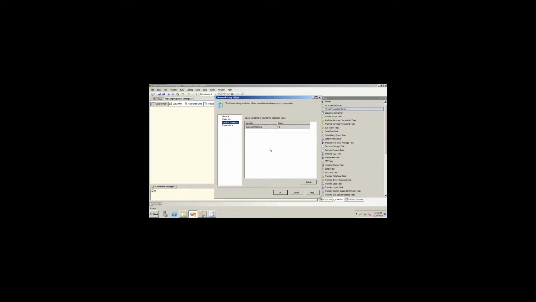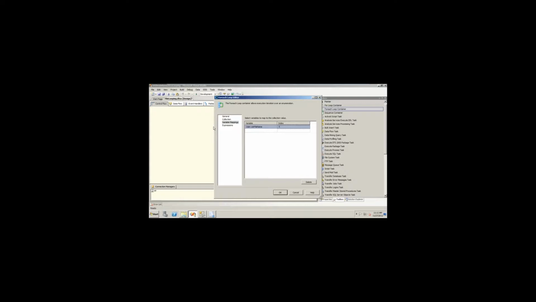Now what you're going to want to do is get that file name out. And you do that just by using a variable mapping. So you select a variable that you want to use. If you don't have one created already, you can use new variable. And then just set it to an index value of 0. And that just tells the control, hey, this value that's coming in, just pass it to this variable